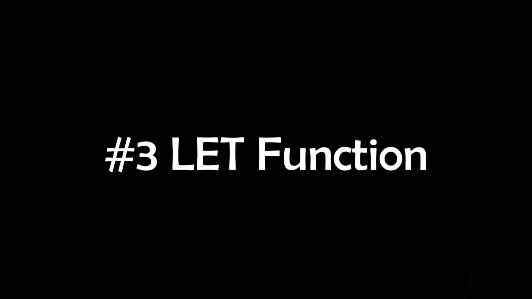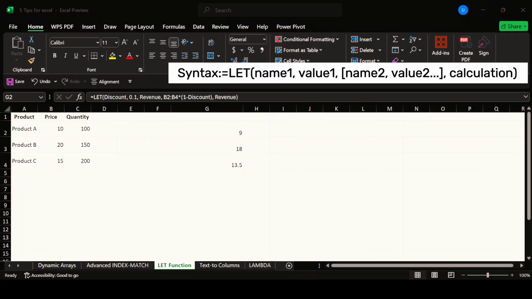At number 3 we are going to use the LET function. The LET function is a hidden gem. It allows you to define variables inside a formula to make it more readable and efficient. Here's how. Suppose you want to calculate the revenue after applying a specific amount of discount multiple times, and instead of writing the formula every time, you can just apply the same formula to the whole